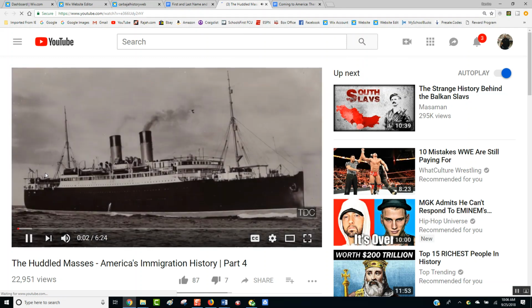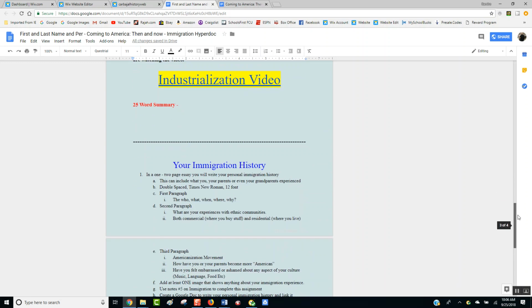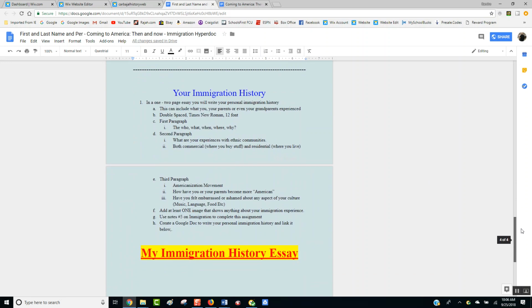large steam-powered ships took to the sea. And there's the video. So you'll watch that video and then here you will write, again, you could type in here a 25-word summary. All right, last thing and the most not complicated, the thing you're going to spend the